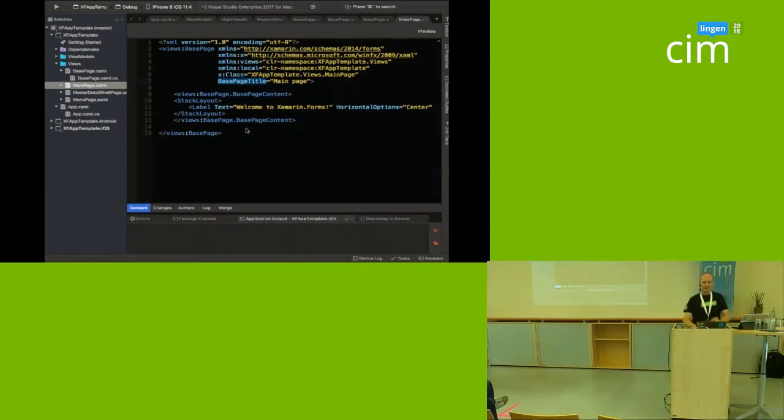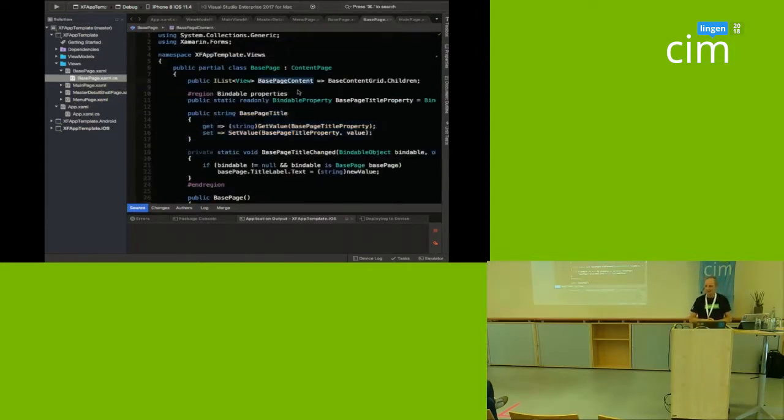And the second thing that's very important is that any content that you normally would put in your page now has to be inside of your base content property. So let me show that to you again. The base page content is pointing to the grid that we defined, all right? So anything that we design now in our page will be added to that grid as a child. And the other thing, the title is the bindable property, and that will fill in the label that we defined in XAML, okay? So if we run this,